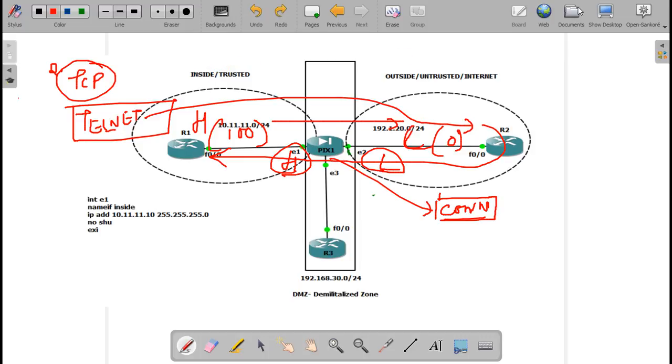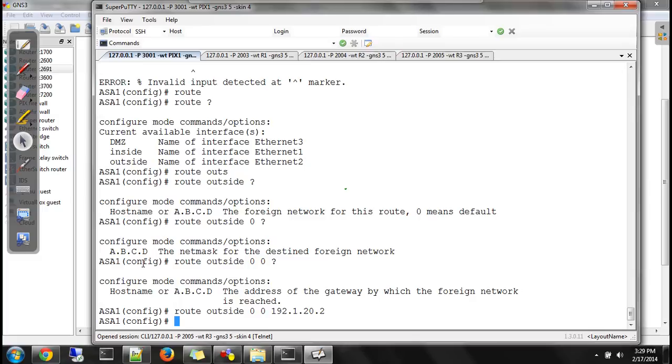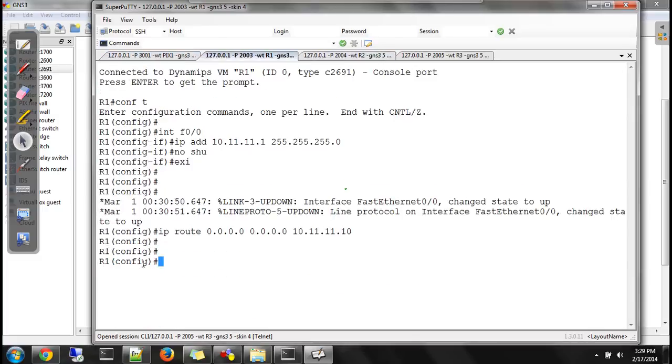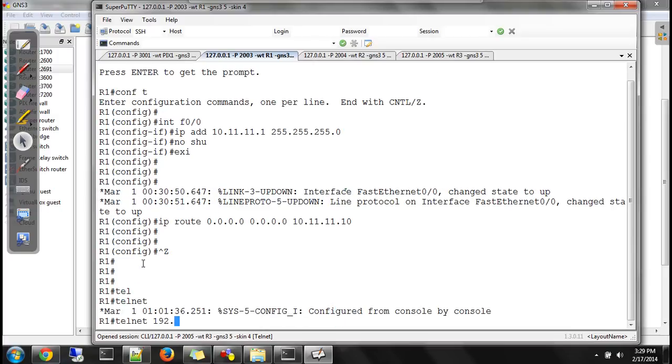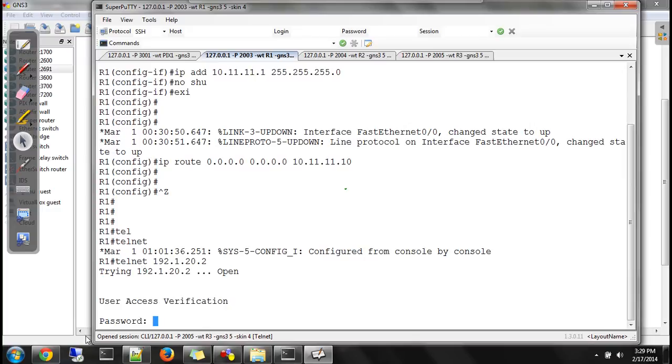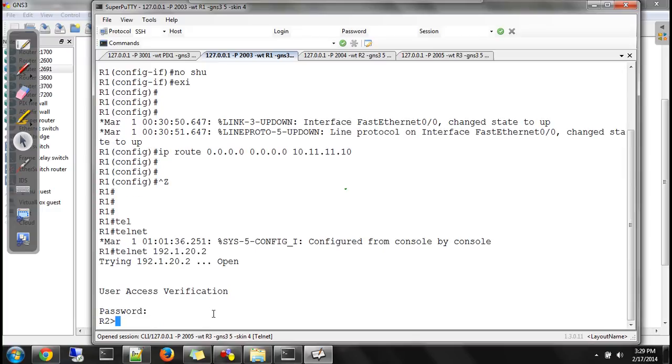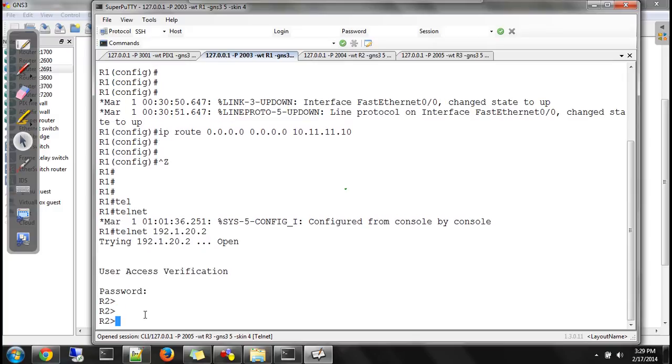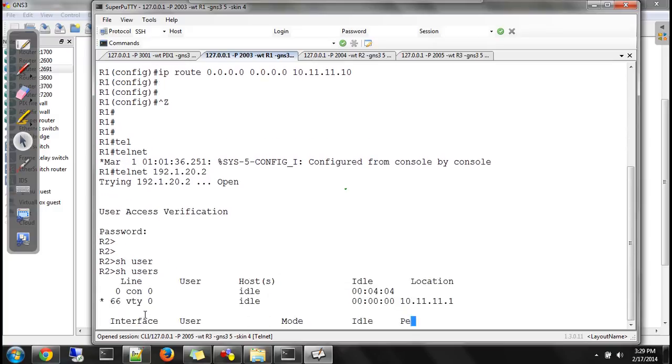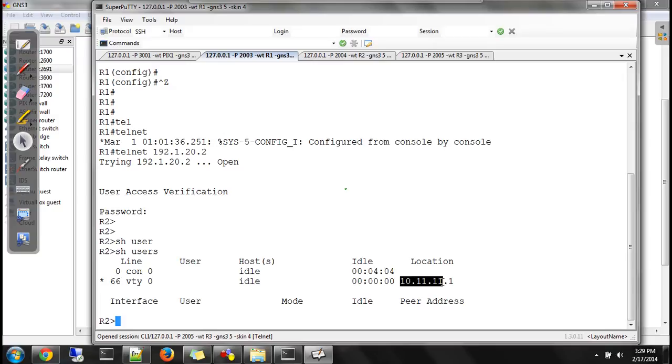Okay, so let's do this. I'll go to R1 and say telnet 192.1.20.2. I can go out, I get the username and password prompt, I enter Cisco, and I'm at R2. You can say show users to verify who has logged in. 10.11.11.1 is nothing but R1, correct?